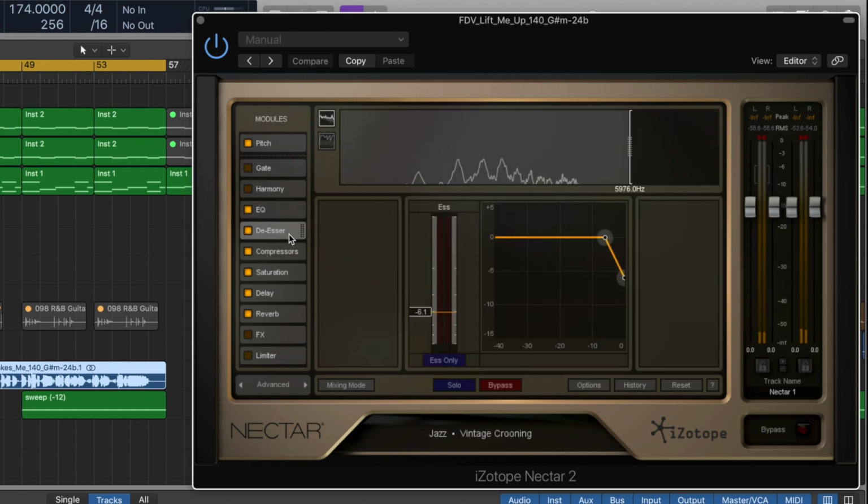That's then going into a de-esser again, and we de-ess again on the way out as well. What we could have done on Nectar was grab this and drop it right down in the chain. However, it was working better here after the EQ, and then just put another de-esser afterwards. We've got the DSP, so that's what we've done.